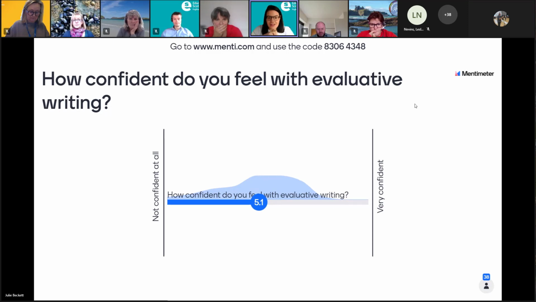And that's perfect. If you can't get the Menti to work, just pop a number in the chat there. That's great. Thank you. And we're sitting right bang in the middle at 5, with 40 people filling that out, so that's great. I suppose that just coincides with the word scary, because it is one of these things that has got that little bit of a fear factor to it, and how to do it in a certain way, and how to make sure it's going to have the impact you want. So that 5 reflects that in a lot of ways.